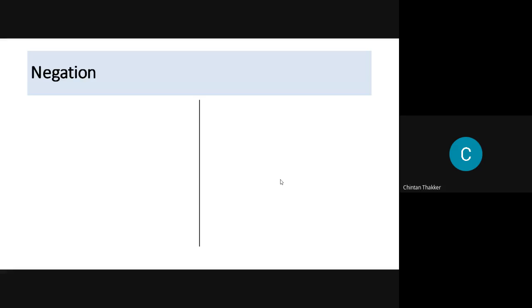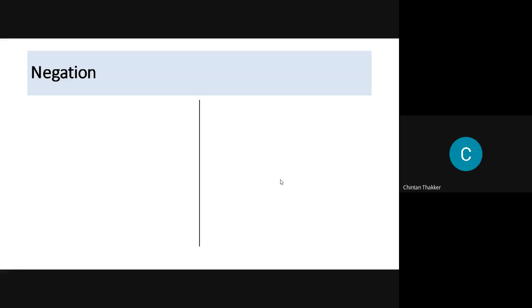If the statement given is P is an odd number, then the negation of that statement is P is not an odd number, or you can say P is an even number. If 2 is an odd number is given, then the negation is 2 is not an odd number, or 2 is an even number.